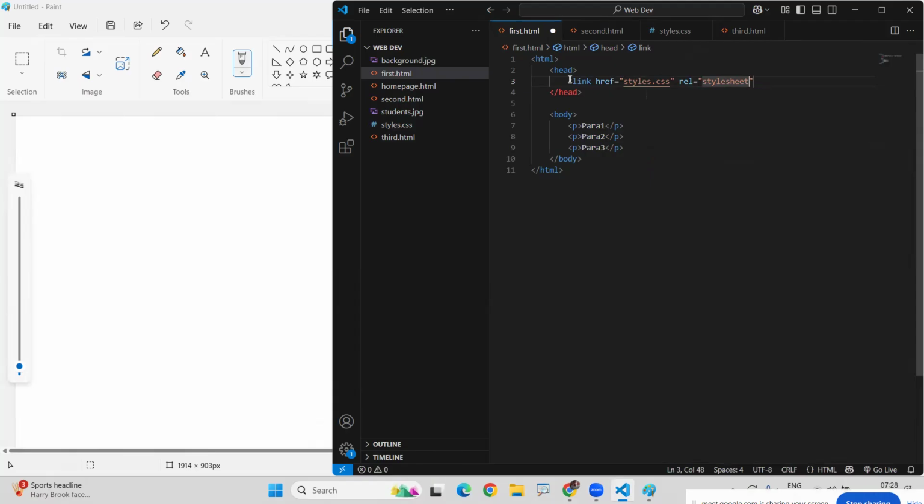Which type it is, we need to specify. This is the one we need to use. The link we specify like this. So whenever we write this single line,